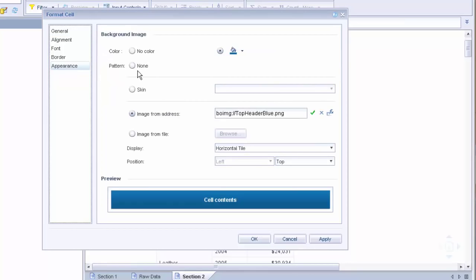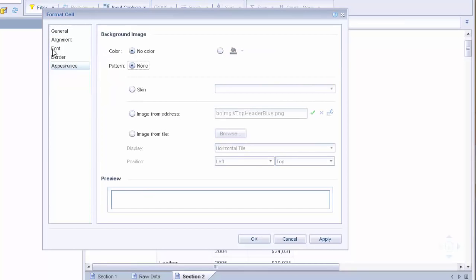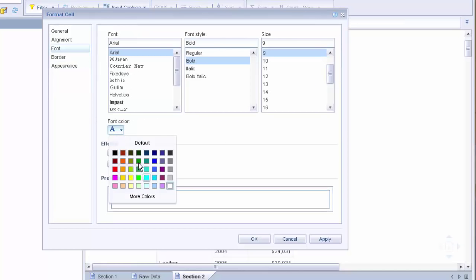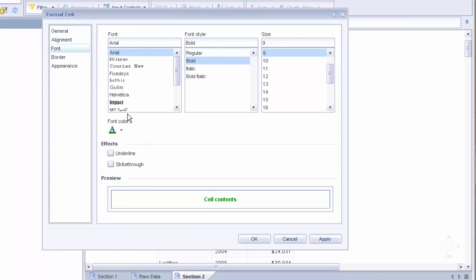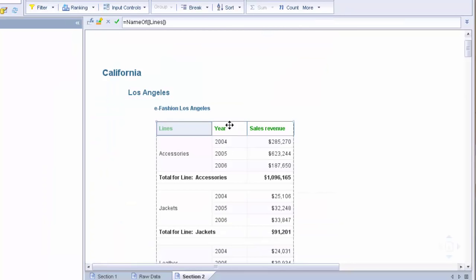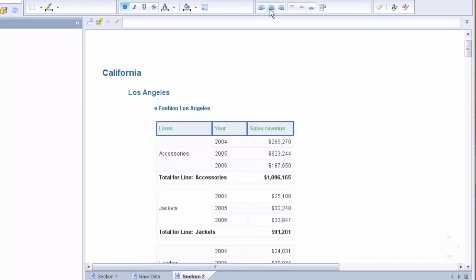In the appearance, I'm going to say no color, no pattern, font, and make the color dark green. And we'll just see what that looks like. Apply and OK. Okay, you might not normally use these colors, but I'm just showing you a few different things. Now I'm going to just center these horizontally,